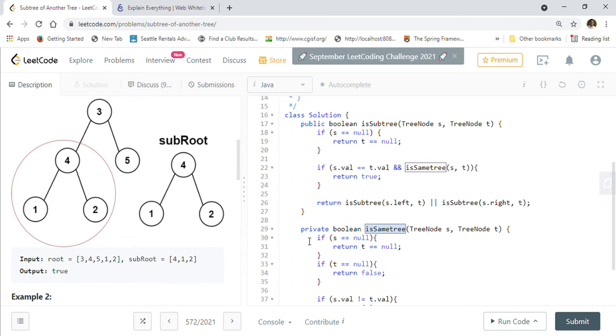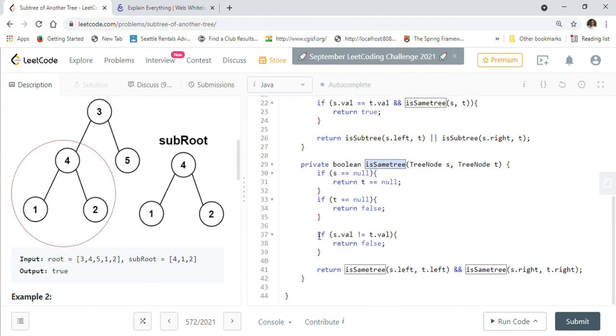If they are matching, then it will return true that they are the same tree, right? If the values of any of the nodes do not match, then we will just return false, or if one of the nodes is null and the other node is not null, we will return false as well, right? So the recursive call goes from 4 to 1, then it will check once left is null, once right is null. Here also once left is null, once right is null, so it comes as true. Then the true value gets propagated to 4.